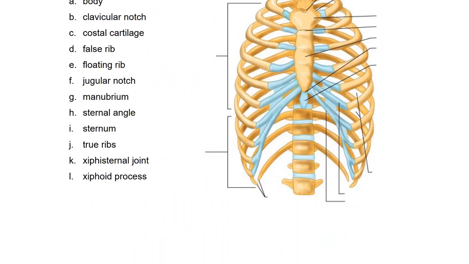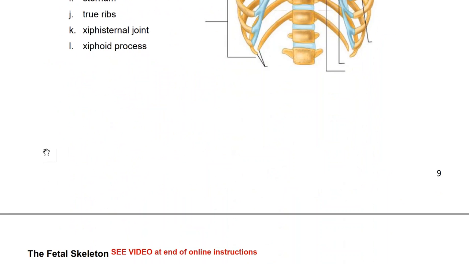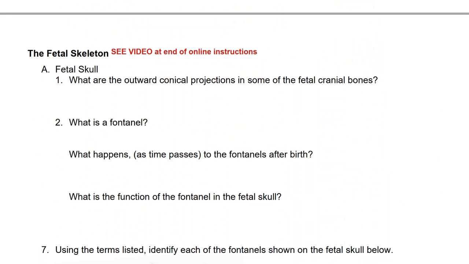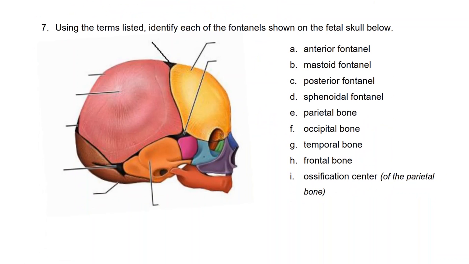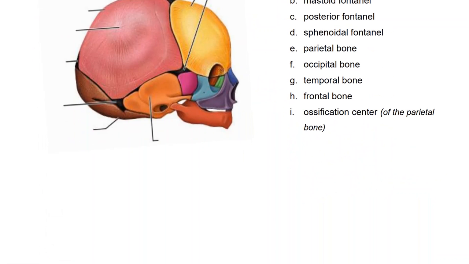And anyway, so you're going to look at the ribs, kind of identify some vocabulary, and then fetal skeleton. The video is very clear. It's on the last page of your exercise 9, page 134, is all the information about the fetal skeleton. You have a little bit of stuff to identify, and that's it for the